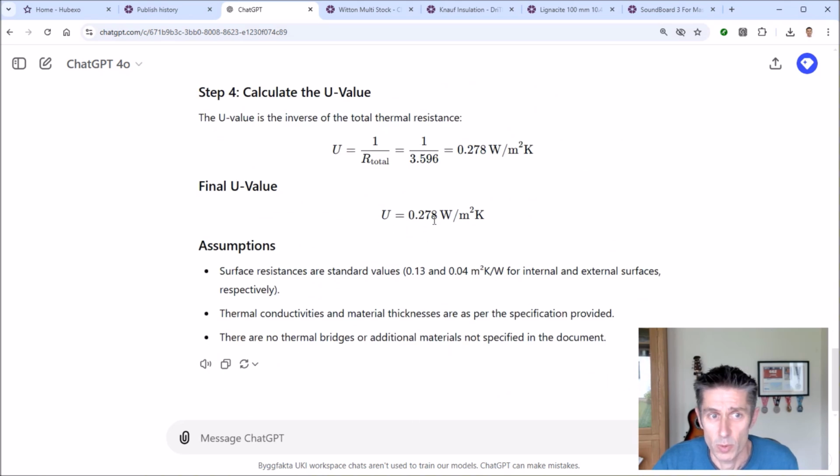It came and worked out the U value for me there, which I think is pretty amazing, pretty mind-blowing. It said we've used standard values for the surface resistance and assumed there's no thermal bridges, etc. So yeah, really quite mind-blowing. Then the next thing I want to know is, what about if I use